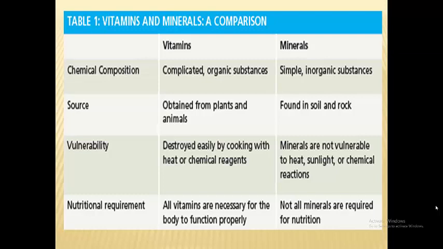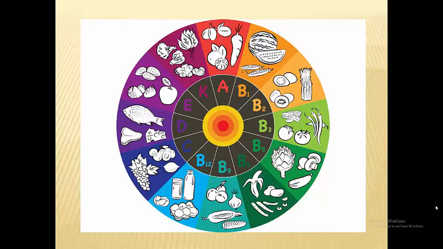Now when you cook foods, vitamins can be destroyed very easily, which is why the cooking techniques matter. Minerals are a bit more sturdy, right? And ultimately, we need a whole lot of vitamins, and we need them all to some degree. Minerals, there are some we need more of and some we don't need nearly as much of. In fact, some of the minerals we get, we may be getting enough just from the dirt stuck on our plants, right? The little trace amounts of soil residue. So we're not going to get into the complexities of all that in this course. I'm just giving you a very basic overview at this point.